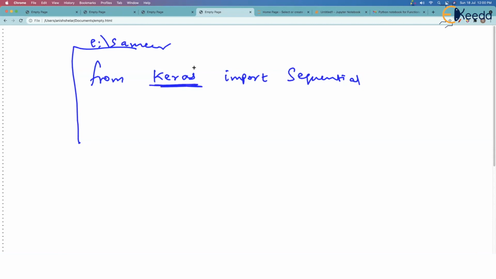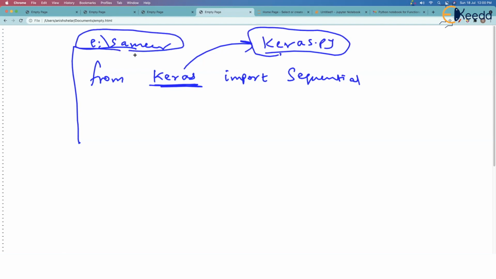Hello, this Keras, which is keras.py, this is the module, isn't it? This module is not in the same folder. This module will be somewhere in the Python folder where you have installed Python. Then how will this get imported? This should give an error in that. I hope you are understanding our problem.